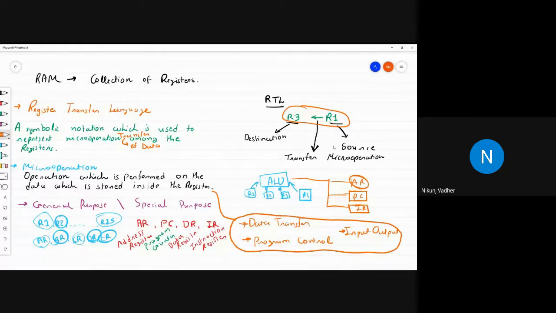Here in this unit, we are getting an idea about some basic terminology and the simple computer unit, and how a simple unit will be implemented. Then whenever we go to a more abstract or higher level, at that place we will be using this register transfer language terminology and the different types of micro operations.